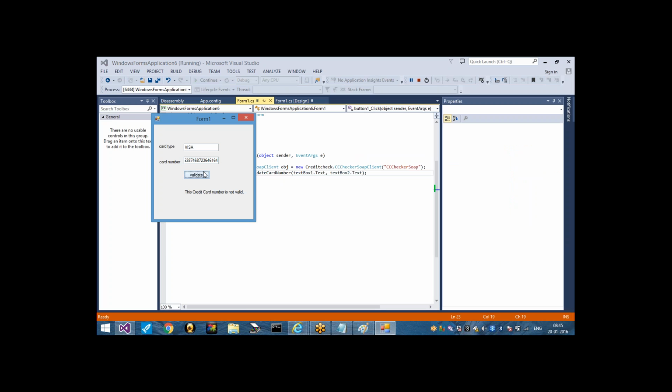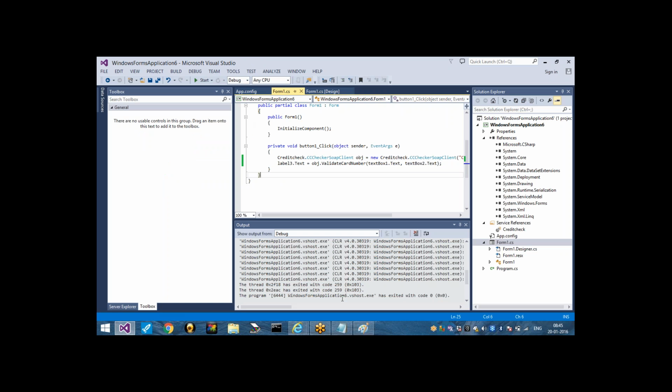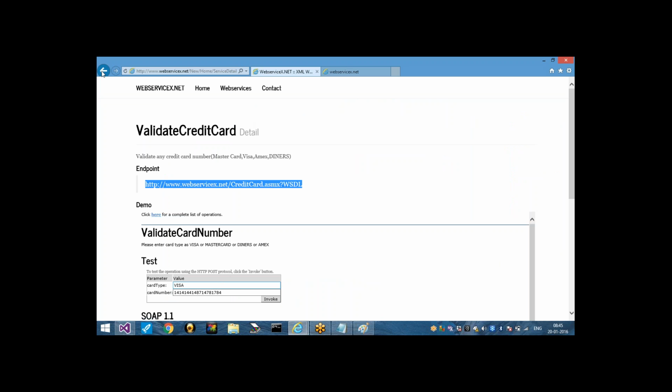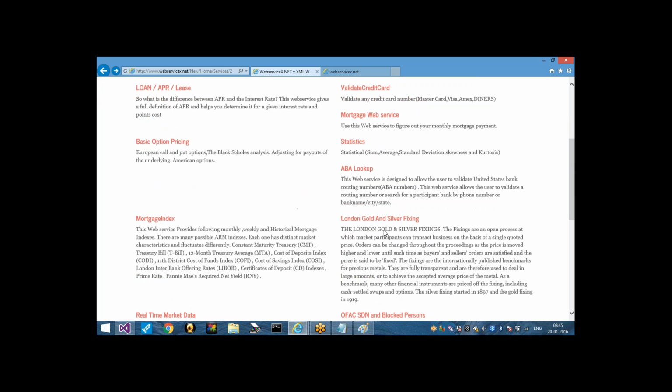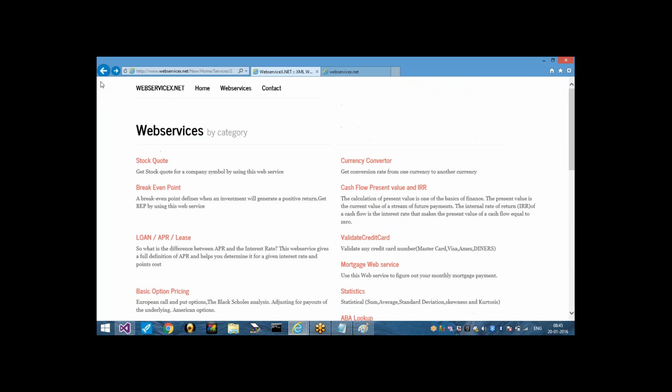Instantly, we are going and checking whether it is a valid credit card or not. So who is processing all this? This is nothing but the web service provider. He is providing a lot of free web services which we can use for practice purposes when we are developing applications, like mortgage, gold and silver fixing, and a real-time market data service,